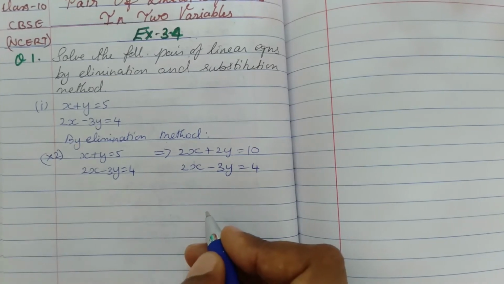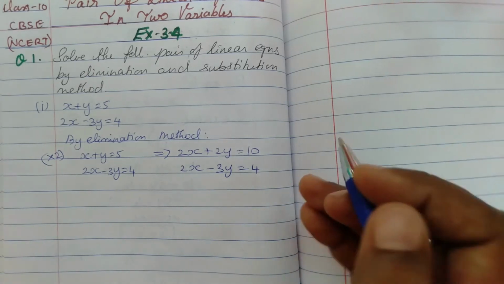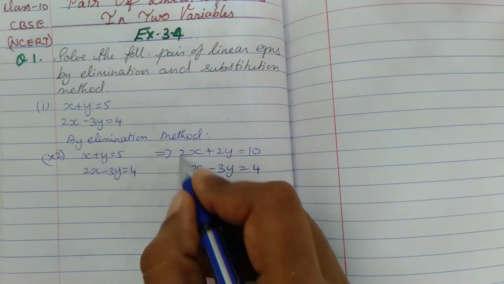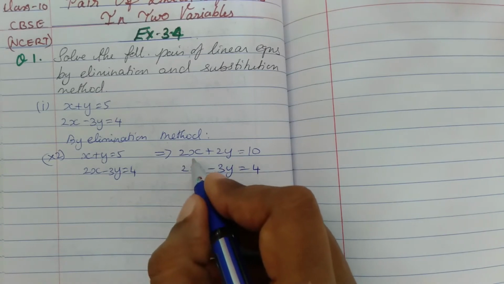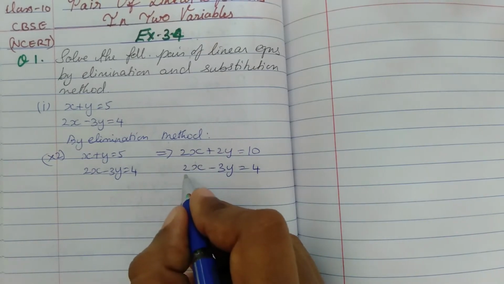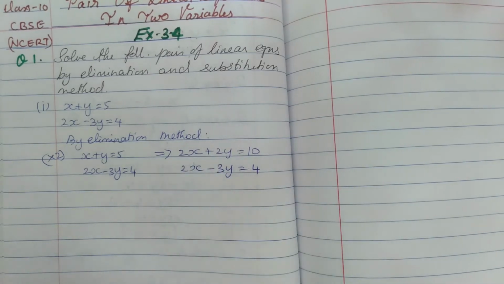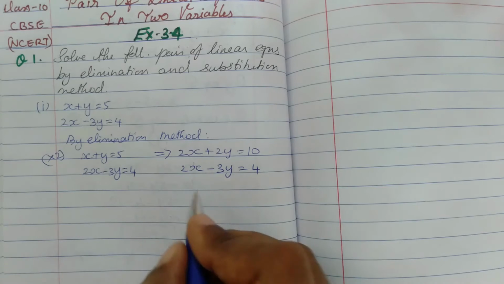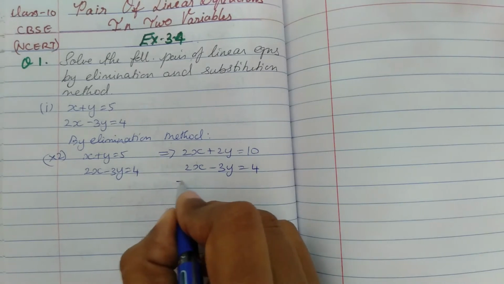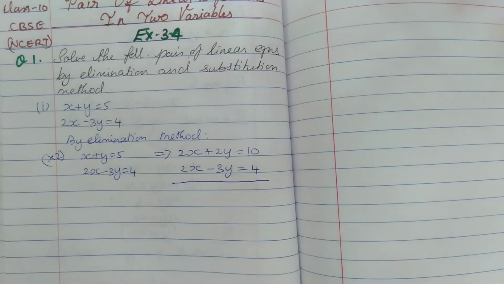Now what you need to do is either add or subtract these equations. I already told you in the introduction video that if you see a similar sign for both the variables in the equations, then you will have to subtract these equations. Now this is a plus 2x and this is a plus 2x. So plus and plus is plus. If you add 2 plus 2, this will become 4x. But what we need is a 0 here because we need to cancel this x variable. So we need to subtract these equations so that we get a 0 here.